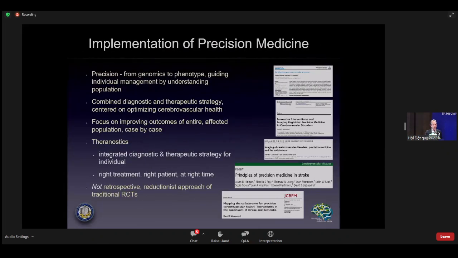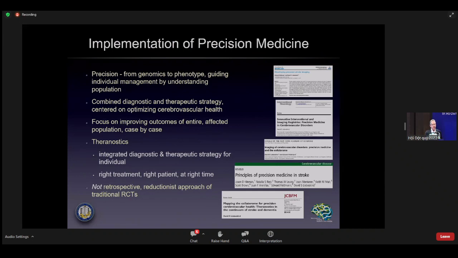So I often speak a lot about precision medicine, and you may have heard about precision medicine starting from genomics, because this is where precision medicine first started. Now, almost 20 years ago, at the time of the Human Genome Project, the availability, the capacity to do genomic analysis, the concept was born that each individual patient with a different genomic profile may be slightly different than the next patient.